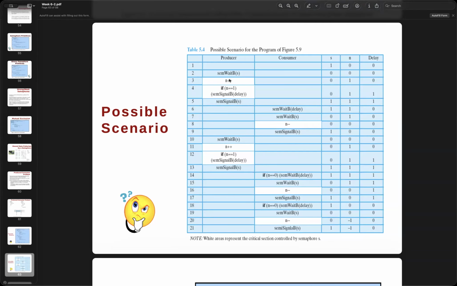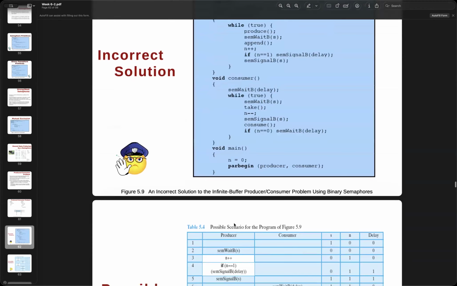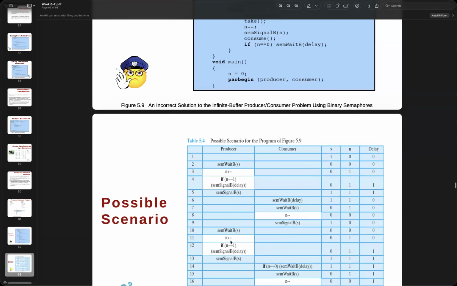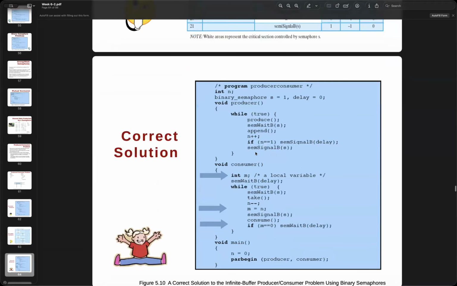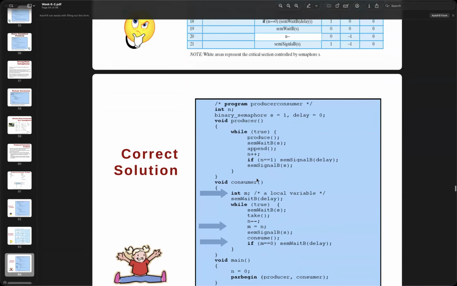So before wait, we execute checking. So we can compare right here. So if the condition... And what's the better way of doing it right here? So you can compare. So right here we have some local variable m that we add, and local variable m will equal n. Okay, and then checking the n. So right here, given an infinite buffer producer using the binary semaphore, mainly checking.